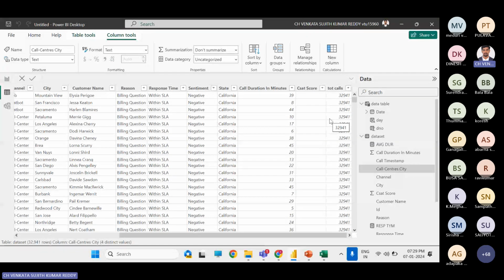Since the data is small, like 30,000 rows, it's okay. At present, in live data in companies, we are dealing with 10 lakh, 30 lakh, 40 lakh rows. I was dealing with 50 lakh rows also. At that time, it will create too much burden for the system to analyze the things.